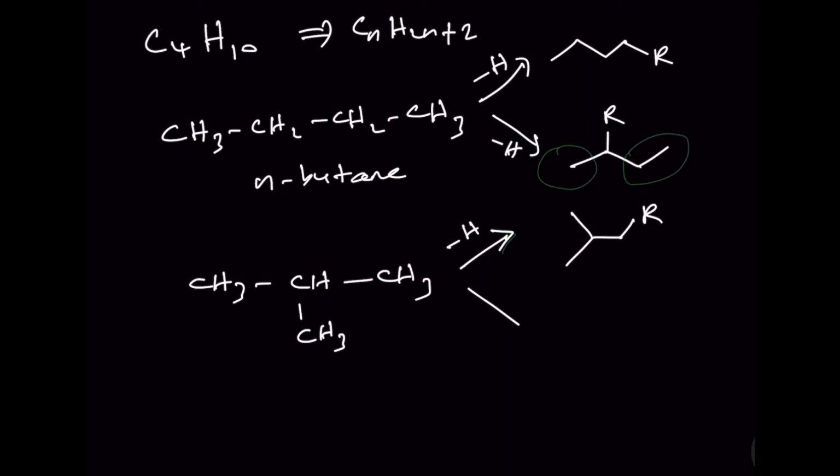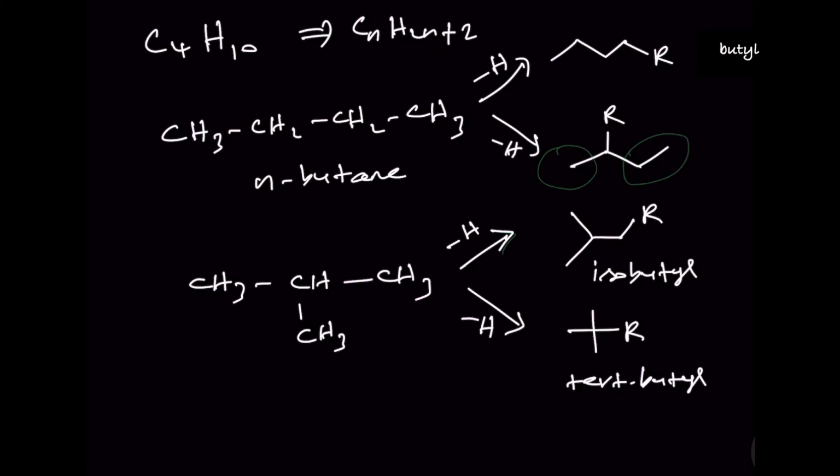On the contrary, if you remove the hydrogen atom from the CH position, then you get the tertiary butyl substituent. So, this is isobutyl, this is tertiary butyl. Keep it in mind that when we talk about alphabetical order, iso counts, whereas secondary butyl,